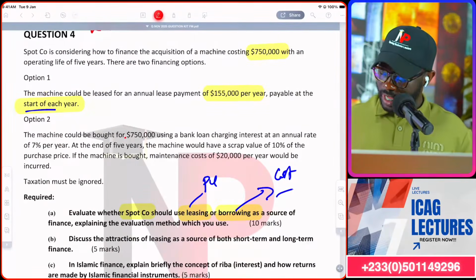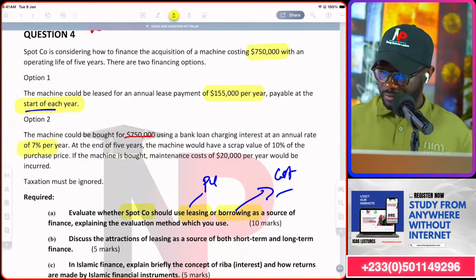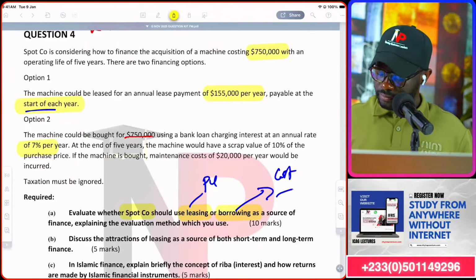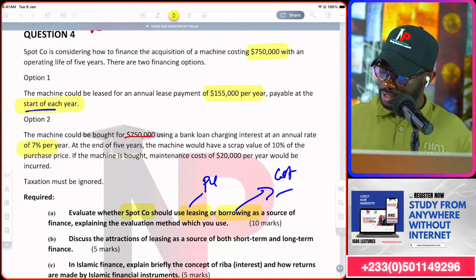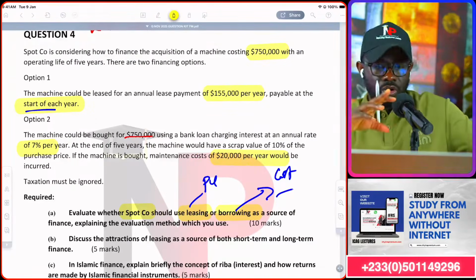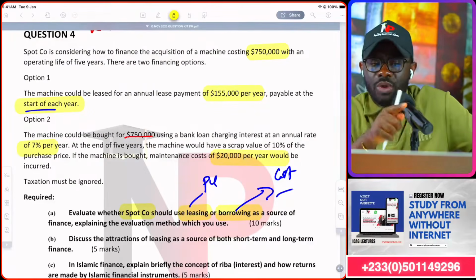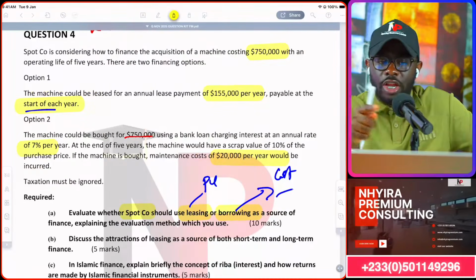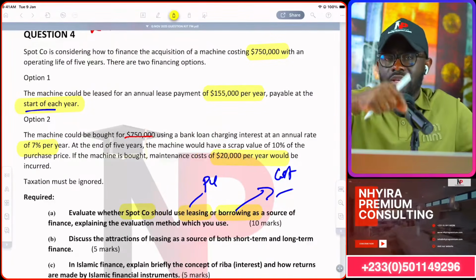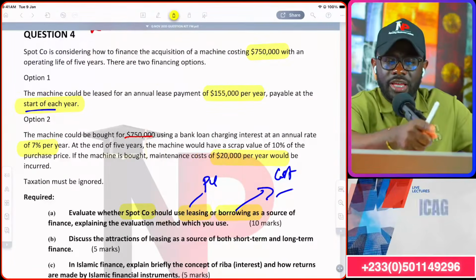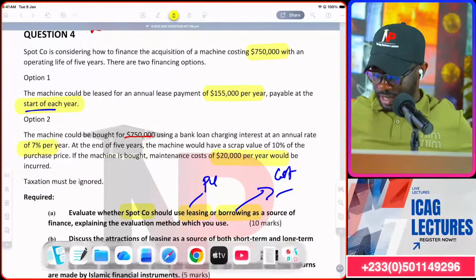The machine could be bought at this price using a bank loan at an interest rate of 7%. At the end of the 5 years, the machine could be scrapped at 10% of the value. If the machine is bought, the maintenance cost will be this. Okay. So we are not giving any direct discount rate, but we can use the interest rate on the loan as the basis, because in leases also, the interest rate implicit in the lease would have been used. But we don't have any interest rate implicit in the lease. So we will use the 7% bank loan as the discount factor